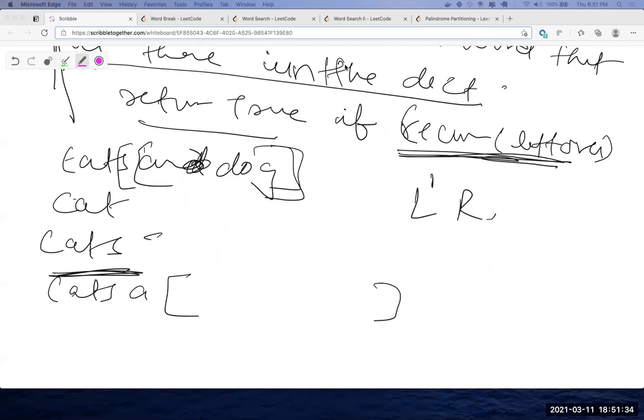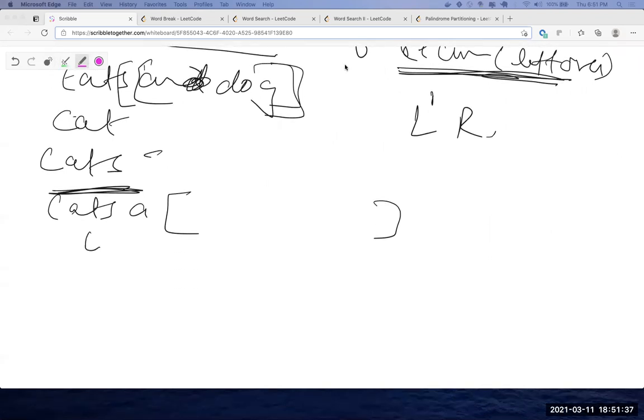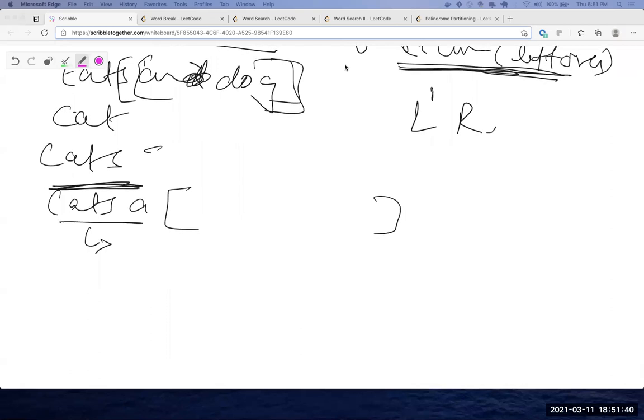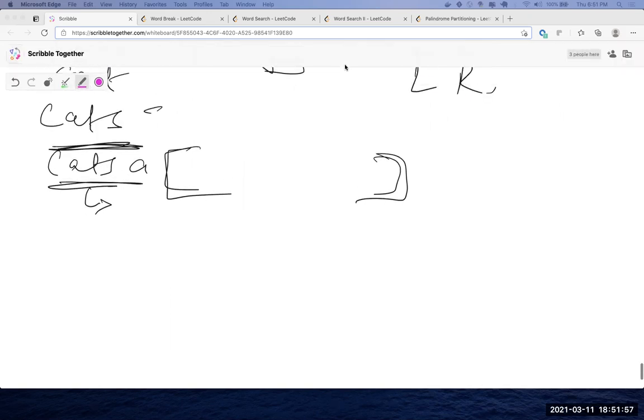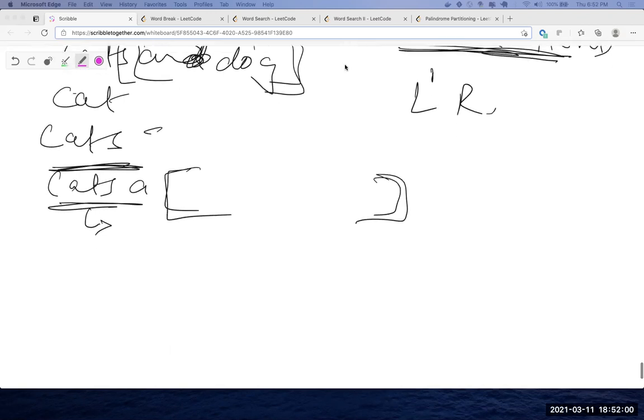Remember that question we did earlier? You had a left and a right pointer. Here also you're doing the same thing. If this is there in the dictionary, only then you do this. Otherwise, you cut off your route. You don't even take that path. Don't think of this in terms of a tree yet; we'll convert this into a tree later. If this is not in the dictionary, we don't even recurse, meaning we're not even going to call the helper method. Right, Tobias?